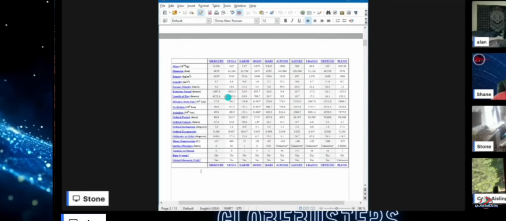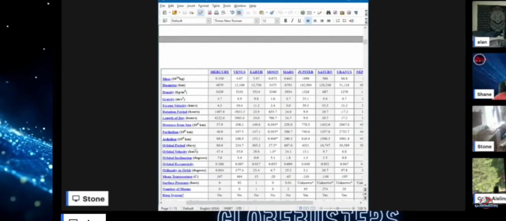So he can have all the figures to plug into their formula that they use, that Newton once said that he used to derive and prove his theory of gravitation, which is GMM over R squared. So here we're looking at where the figures are coming from in case there's any question. It's not like Stone just made these up.